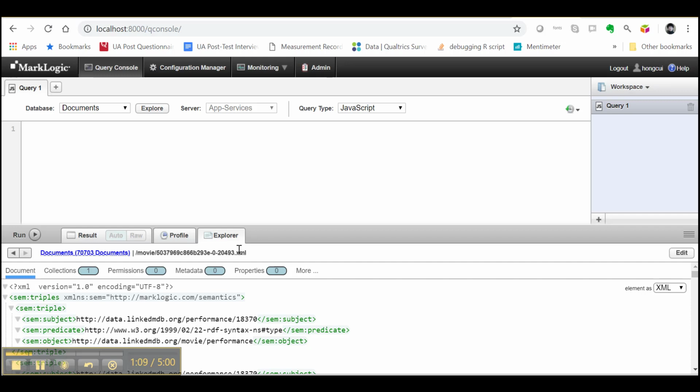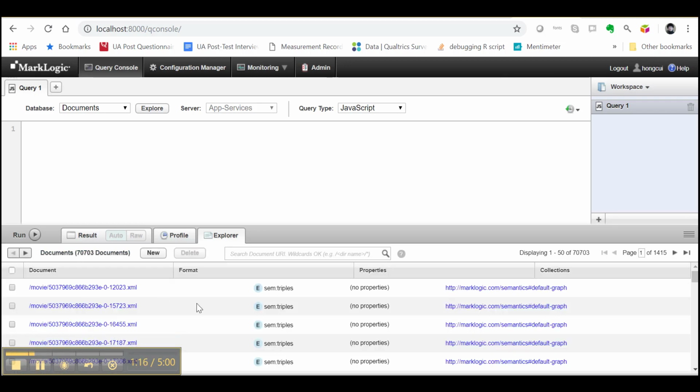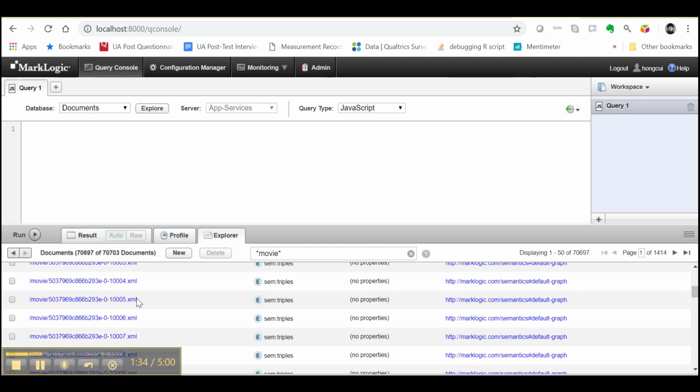You could also, if you have lots of, go back to the list. If you have a lot of other things already loaded, movies may not show up here that easy to see, and you can use a wildcard to just search anything that has movie in it. This will also give you the list of the